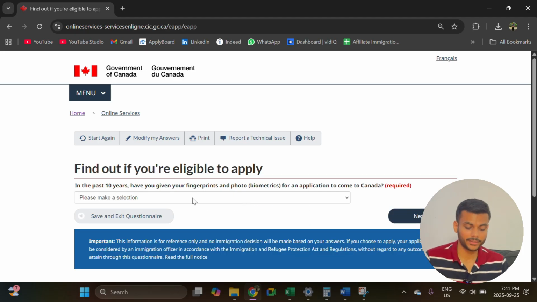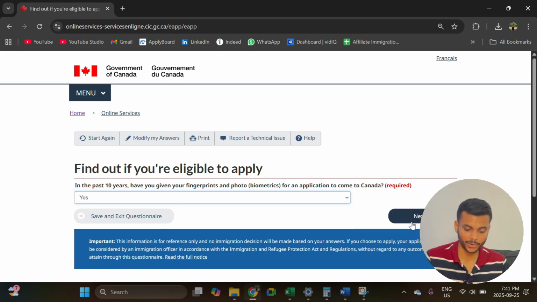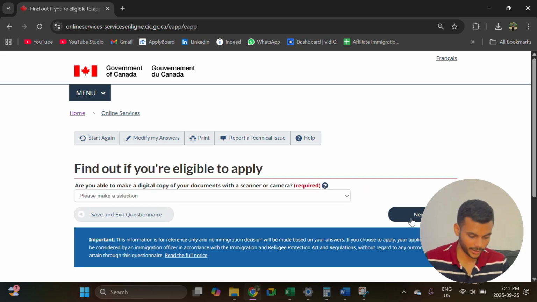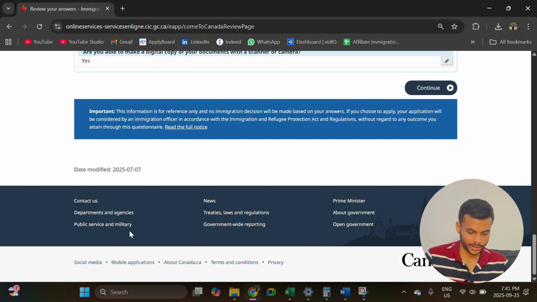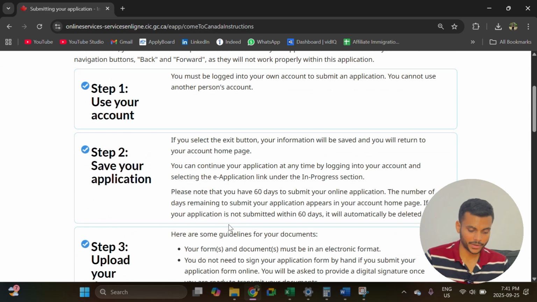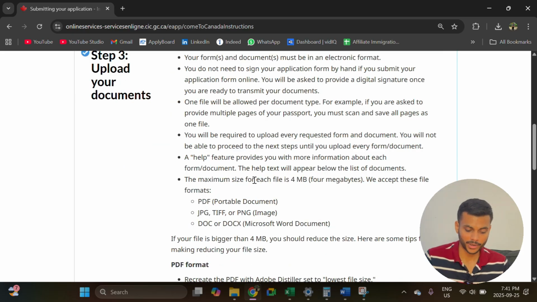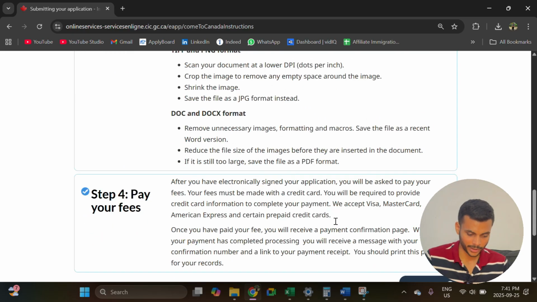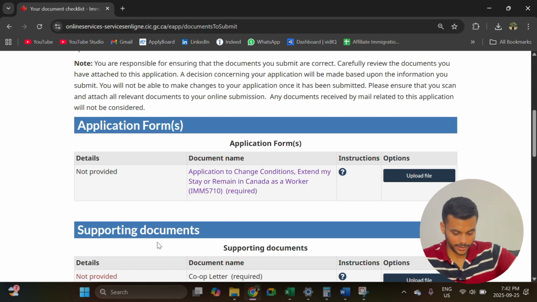In the past 10 years, have you given your fingerprints and biometrics? We'll select yes, because at the time when you applied for study permit or student visa, you have done it. Are you able to make a digital copy? Yes. And then you can review all the answers, and in the end, if everything looks good, then click on continue. It will give you some information on how many days you have to submit the application once you start it, and what kind of file format you need to upload. So you can read that information on this page, and once you are done, click on continue,